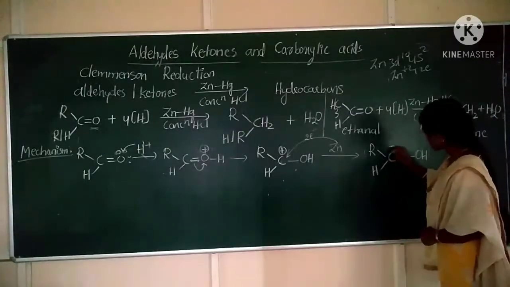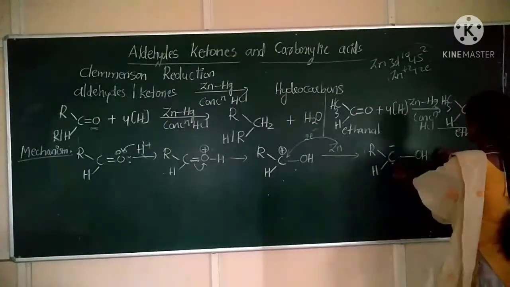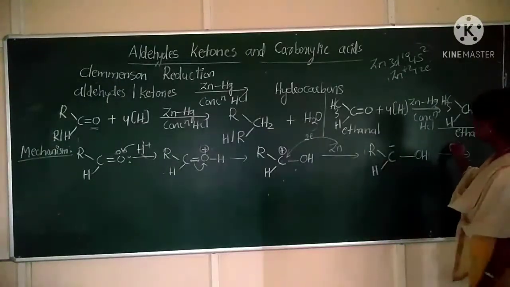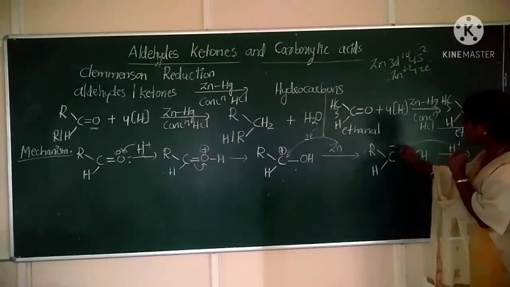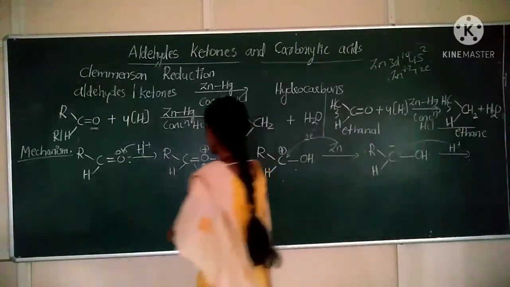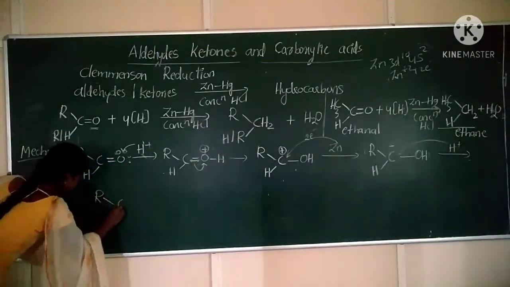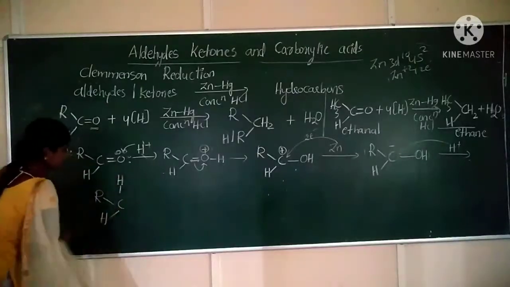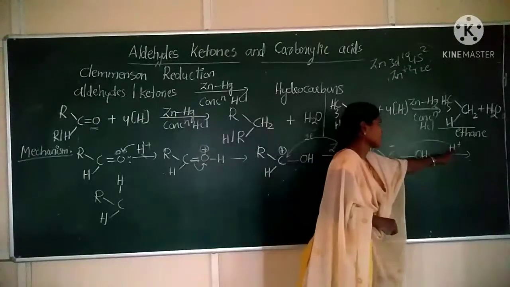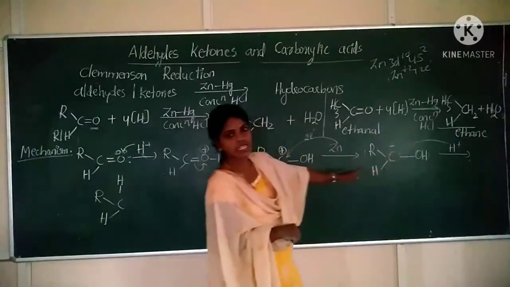Now this is a carbanion. Negative charge on a carbon can be called a carbanion. Now this carbanion takes a proton. Look at here, this proton is added to your carbon. Now in the next step, write R C H H. This H plus is added to your carbon. Hydrogen is having positive charge, carbon is having negative charge. So charges will get cancelled.